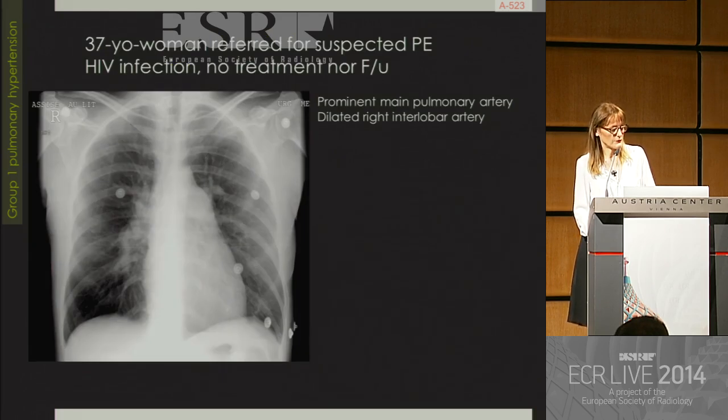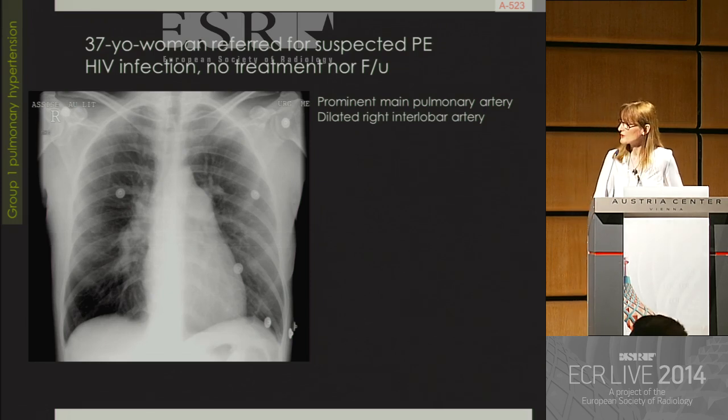This is here the case of a 37-year-old woman referred for suspected PE. She presented at the emergency room of our hospital, and because she was dyspneic, there's always the same reflex: dyspnea, CTPA for PE suspicion, even though the patient had dyspnea for several weeks and months. And take a look at this chest radiography. You will see, of course, there is a dilatation of the main pulmonary arteries, and there is also another sign,